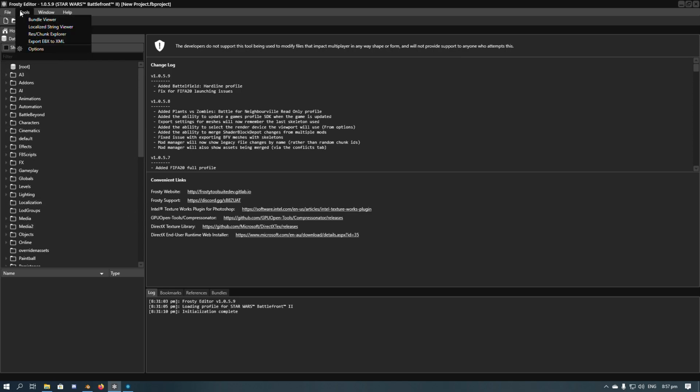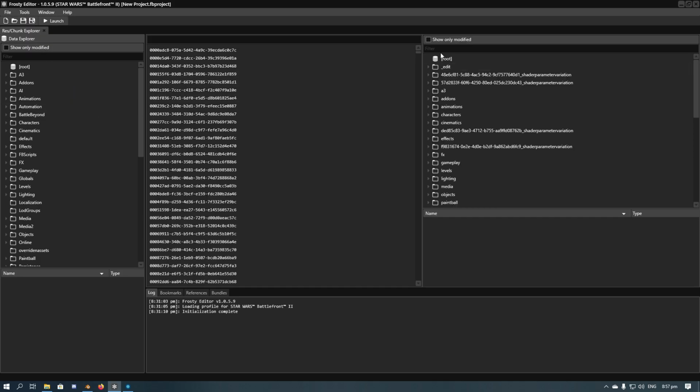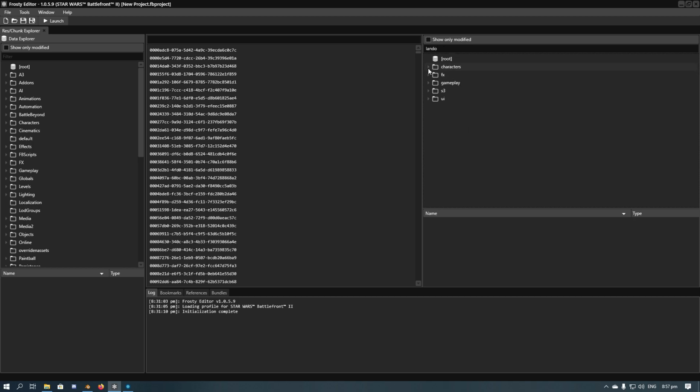go to the Tools tab here in Frosty. Click the Res Chunk Explorer and wait for that to load. The next thing you want to do is find the files for the mesh that you would like to replace. For mine, I'm going to be going with one of Lando's, so I'm going to type Lando in here. I'm going to go to Characters, Hero, Lando, and we're going to go with his Return of the